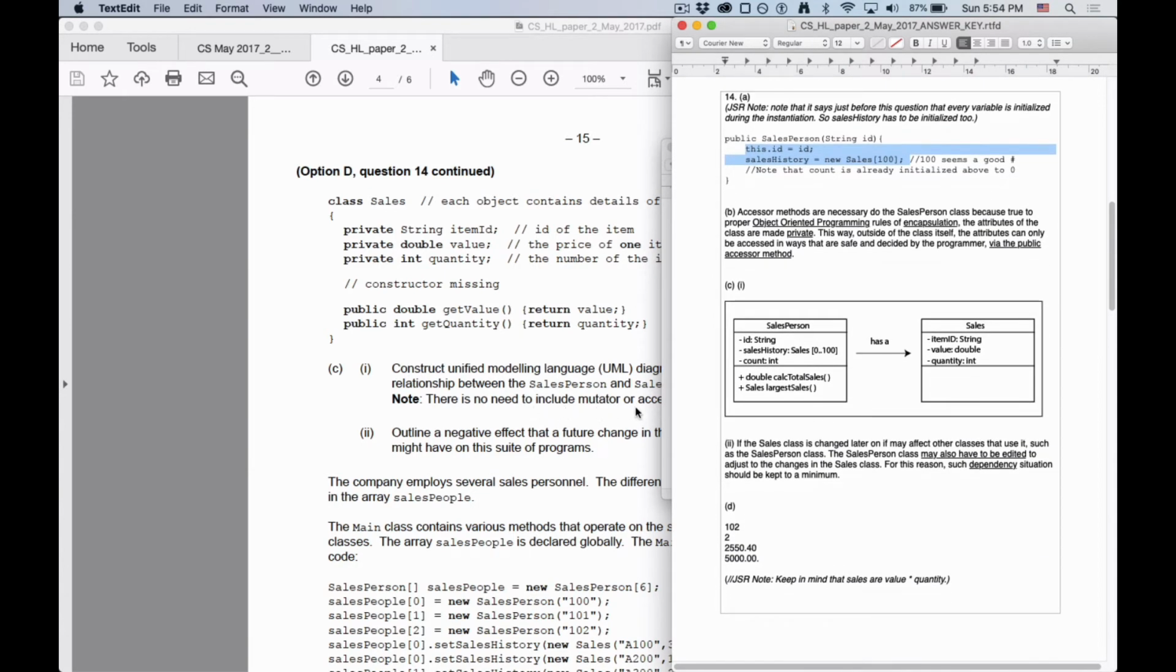No need for mutators or accessors or constructors. In fact, I didn't put anything here, but these are the accessors, right? So I didn't even need these, in fact. All I needed was the rectangles, basically, the class names, the arrow: salesperson has a sales. I guess there's enough there for 4 marks, because mine is for private,